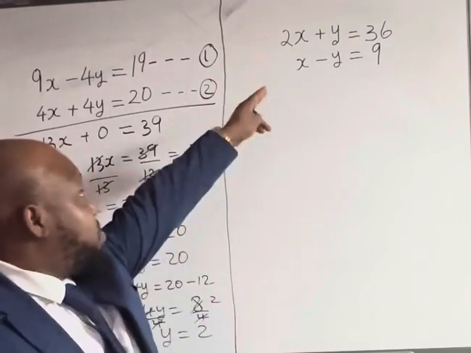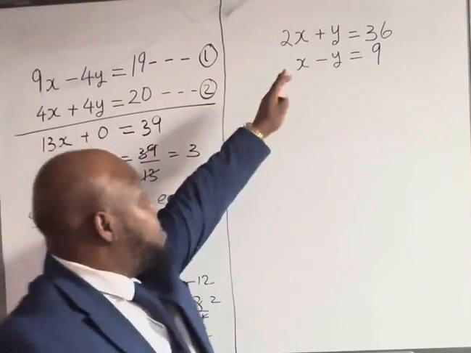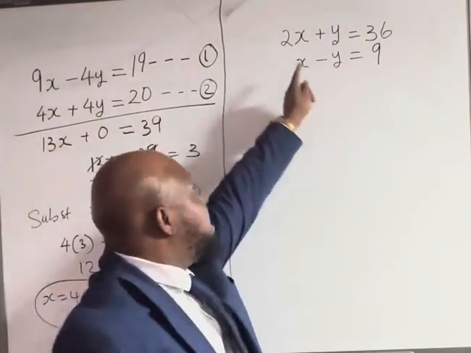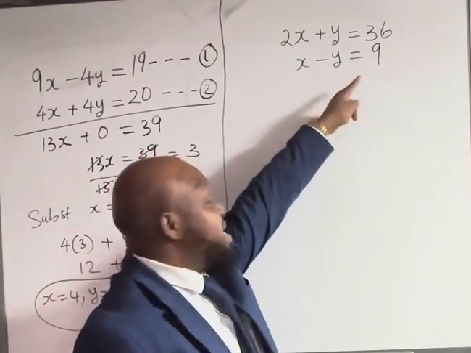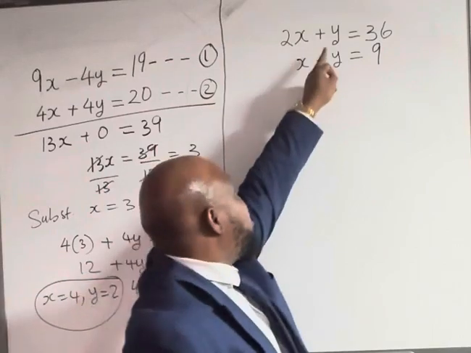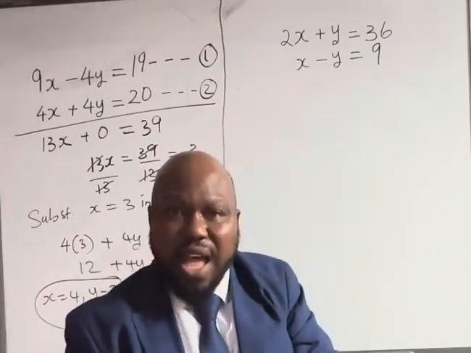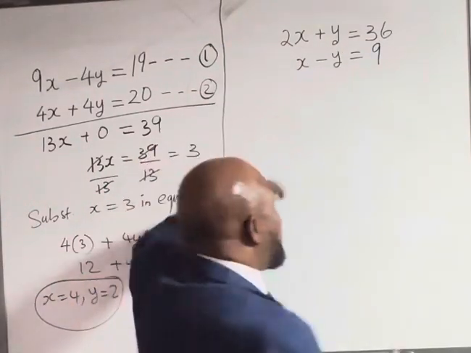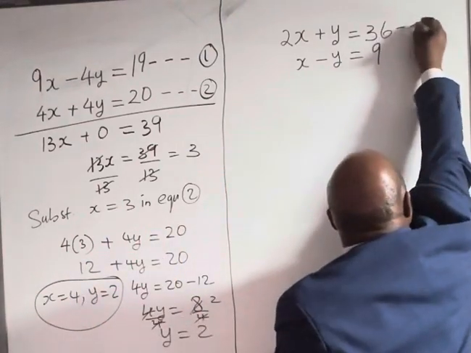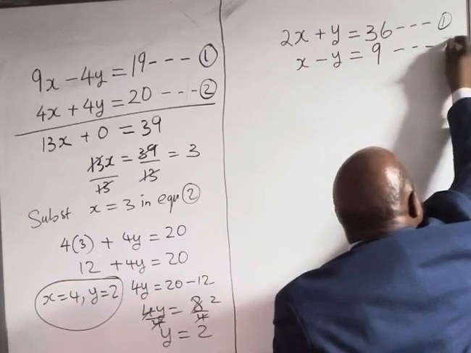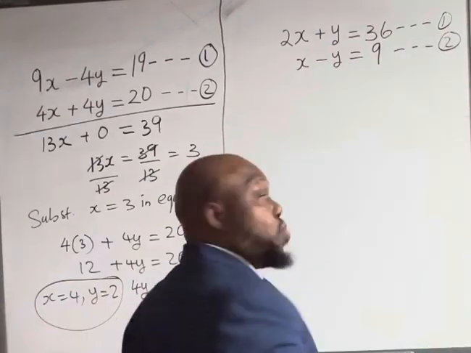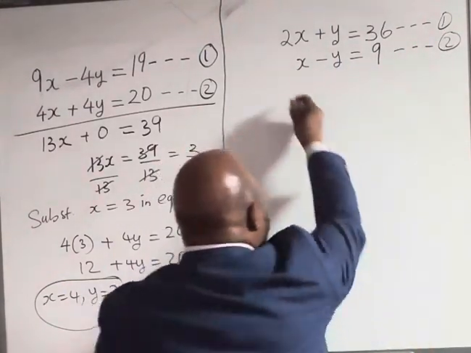Okay, so let's try the other one. The other one is also very direct. It says 2x plus y is 36, x minus y is 36. Because we have plus and minus here, we just add them together. We call this equation 1, and we call this equation 2. So if you add them together,